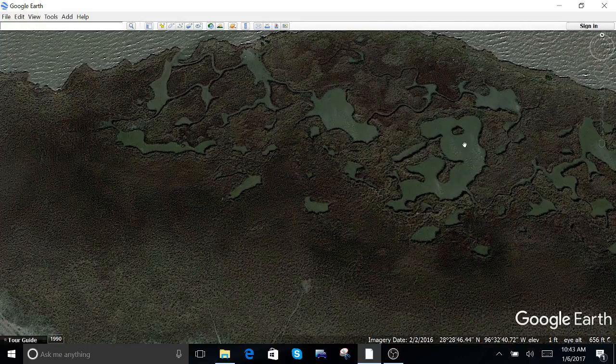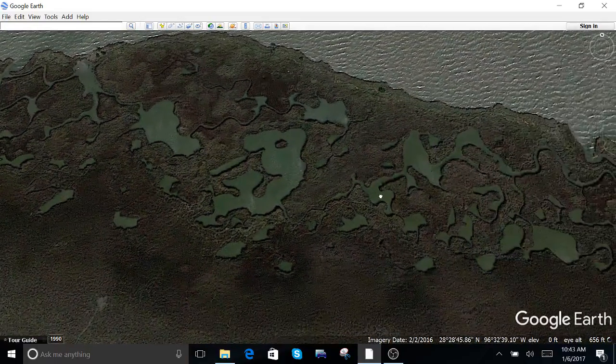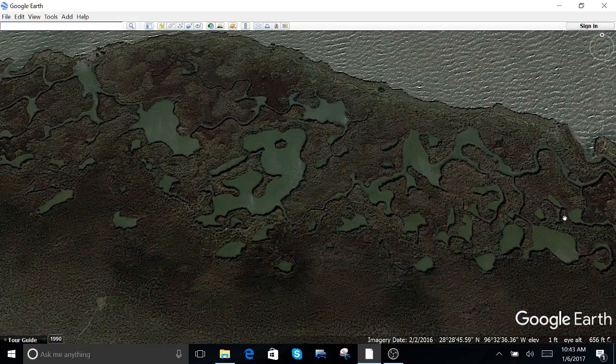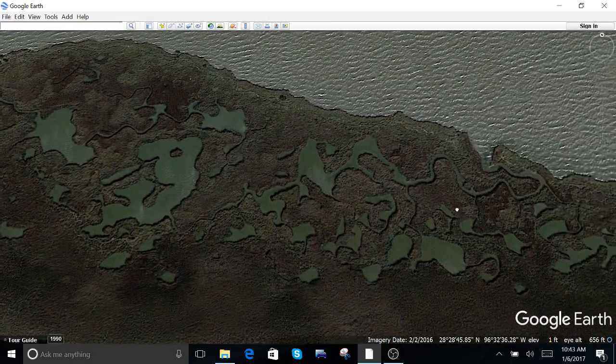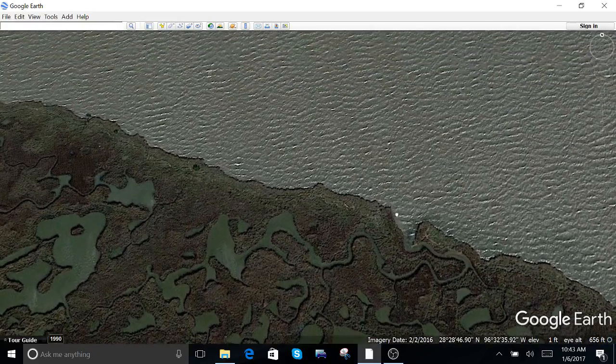But that's what I look for, these kind of little marshes and stuff. Now, this time of year, this is not where you can go. You've got to wait till the tide comes back. So don't run out there next week during the winter and think that's where you're going to go, because